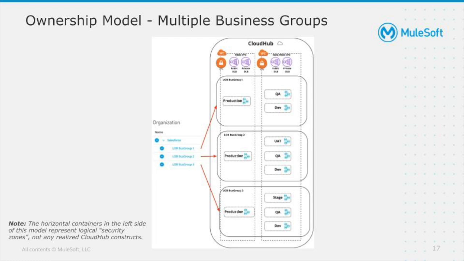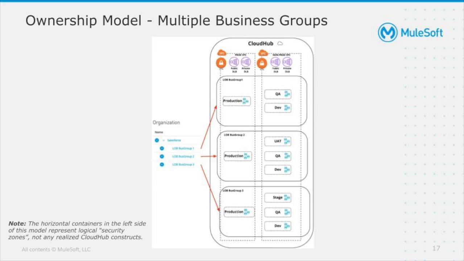Resources like VPC, DLB can be created at the master organization level and can be shared with the parent business groups. Thereby, Central IT can maintain security of the environments as per the company's policies. Conversely, if a business group has its own VPC, it can only be shared with child business groups, but not sibling or parent business groups.